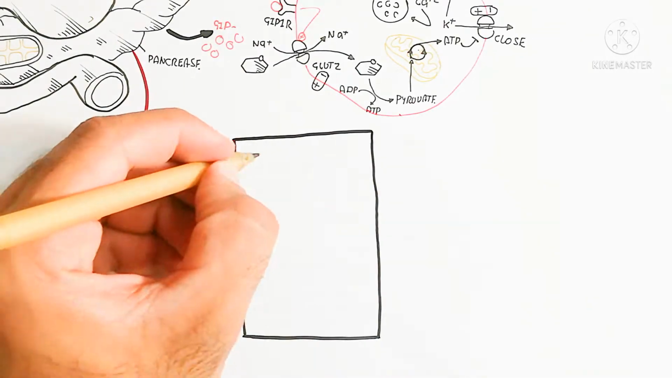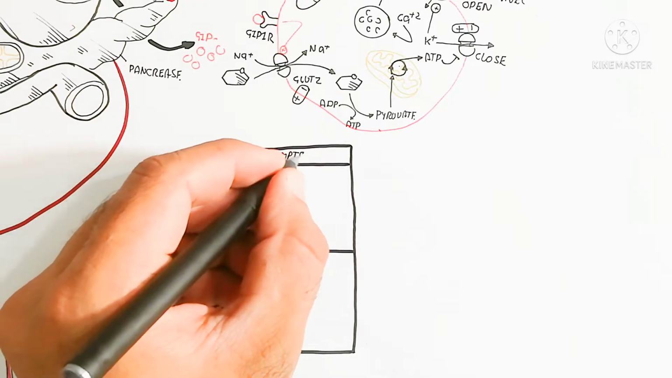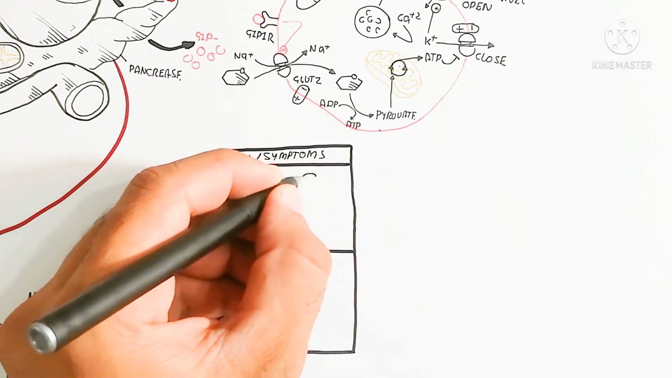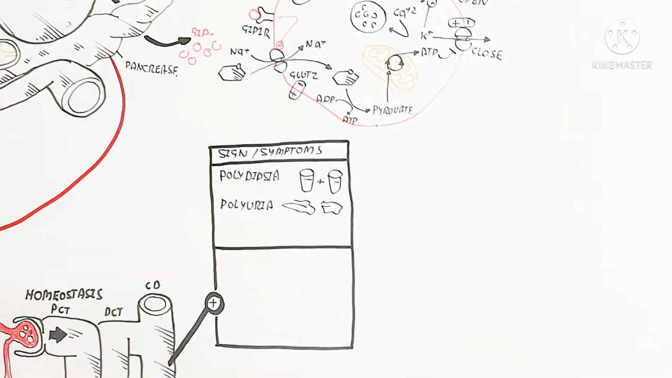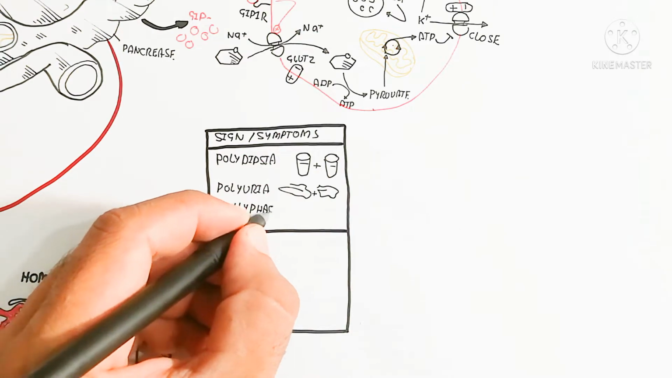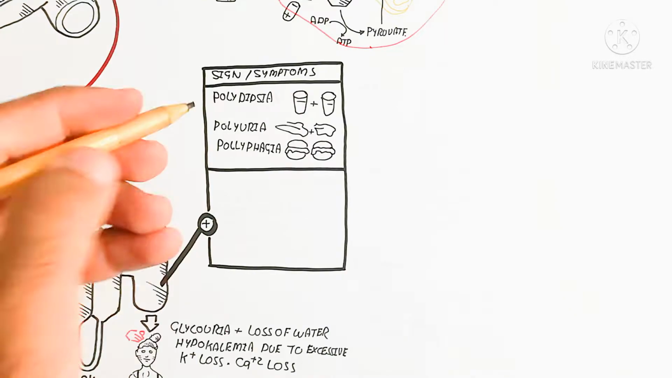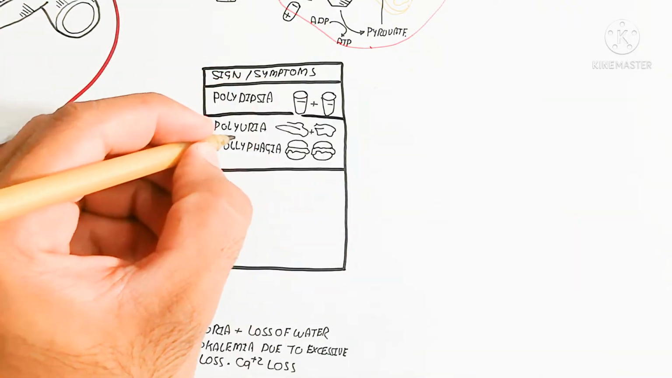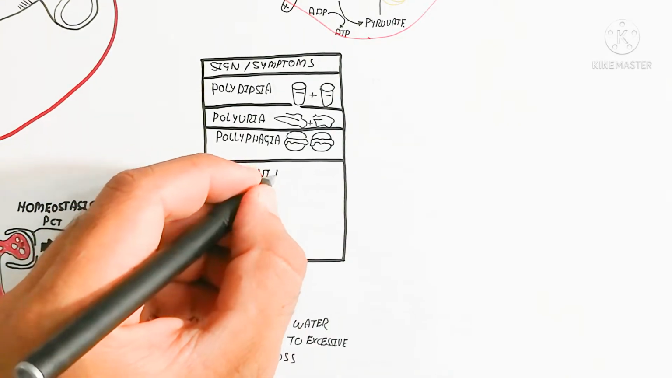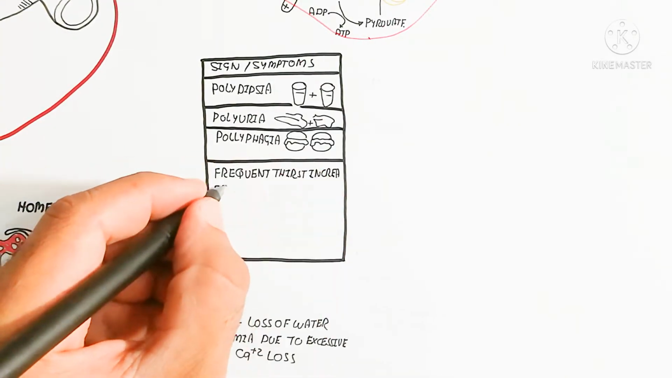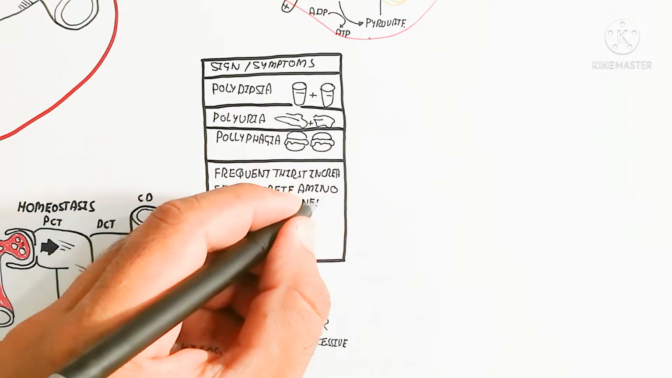On the other hand, the signs and symptoms, if we discuss them on the basis of excretion: polydipsia, why? Because of the water loss. And polyuria, why? Because of the excretion of glucose again and again. So the loss of water and polyuria are interconnected. And polyphagia, why? Because the loss of sugar will lead to increased hunger and appetite, and the increased appetite will lead to polyphagia, eating again and again. So the frequent thirst